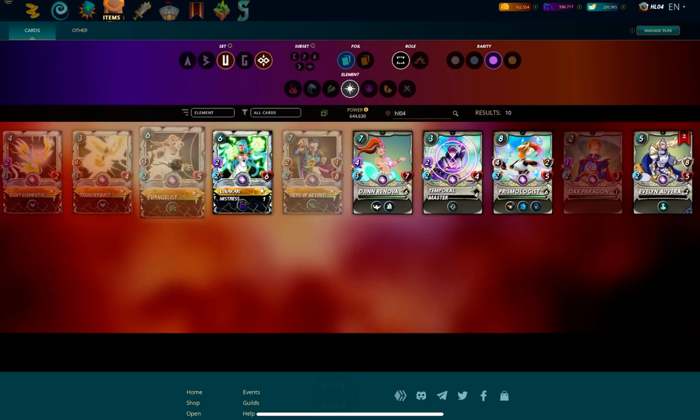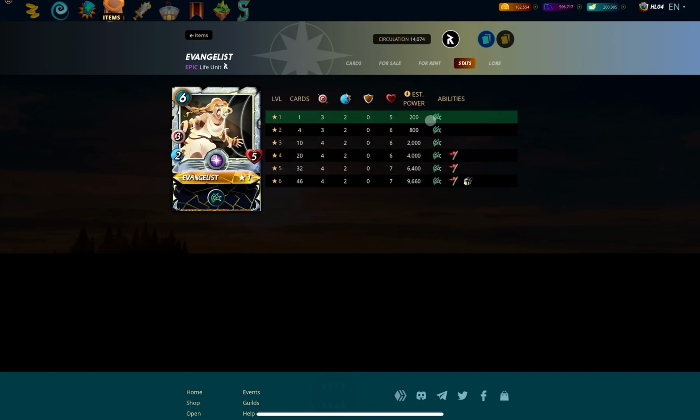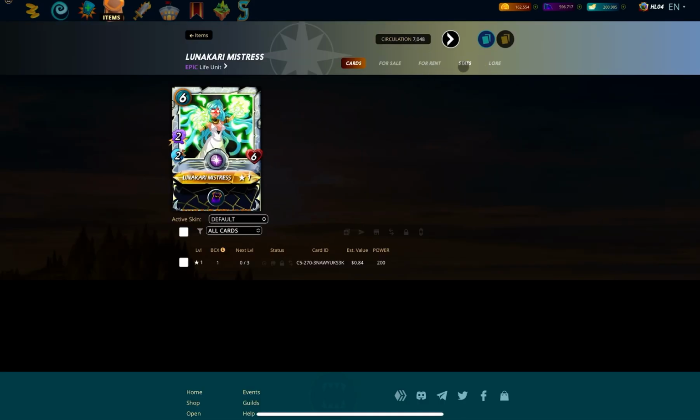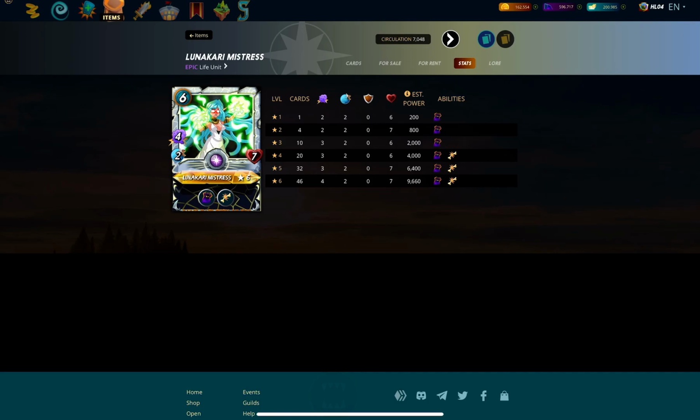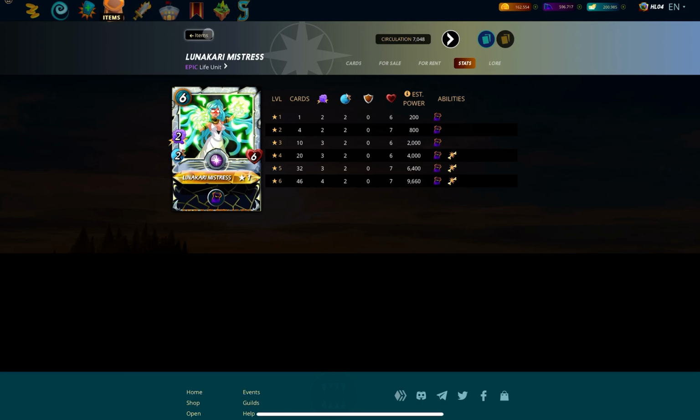If you take a look at the Evangelist, I really found myself happy with having one BCX in bronze, but as soon as we go a little bit up, I don't think it's that much needed. Lunarchy Mistress is a card I'd love to level up to get the 4 damage in no opportunity, in no rule sets where there are no abilities, but I think it's not worth the money for, how much is it? 16 bucks for level. Oh well, it might actually be worth the money,